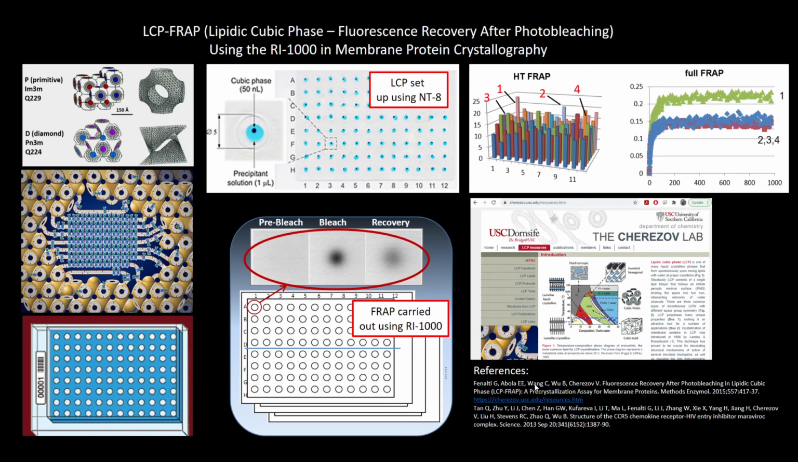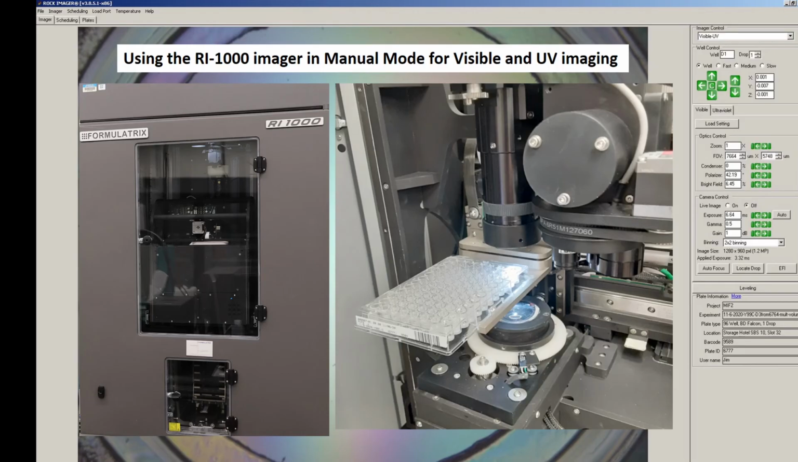This Methods in Enzymology paper is essentially the textbook on this technique, and this manuscript of the structure of CCR5 is one of the many proven examples using this technique. The RI1000 imager can also be used for manual imaging. This is for creating high-quality visible and UV images and getting a better view and determining what's in the drop, versus the automatic imaging. The automatic imaging is wonderful, but it has a fixed zoom, fixed drop location, and an